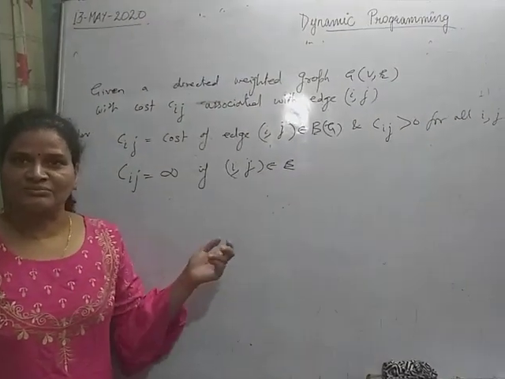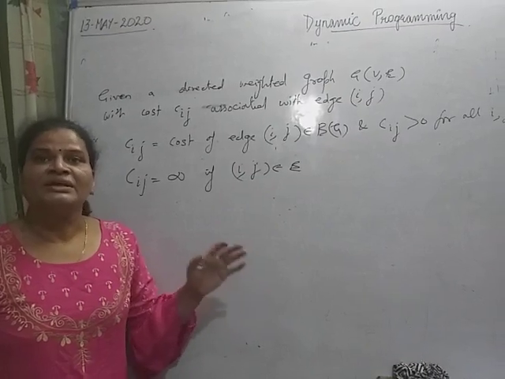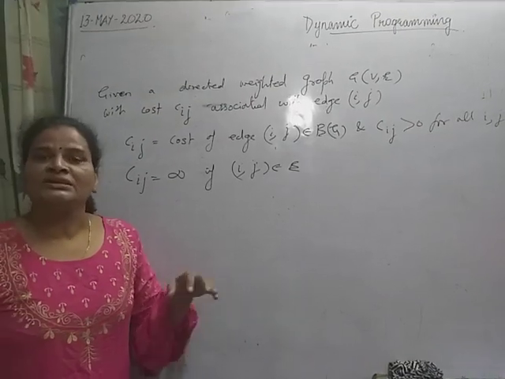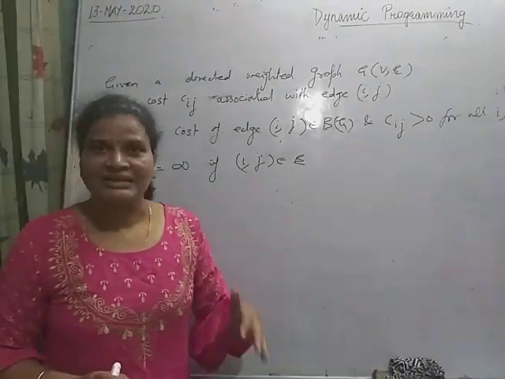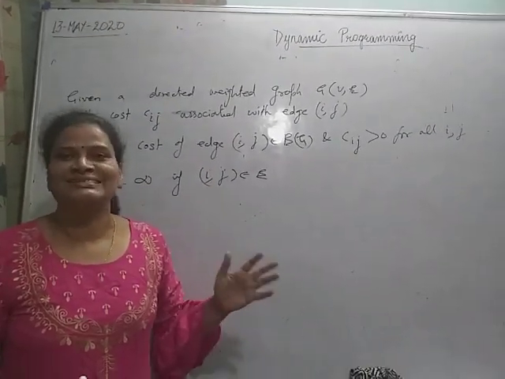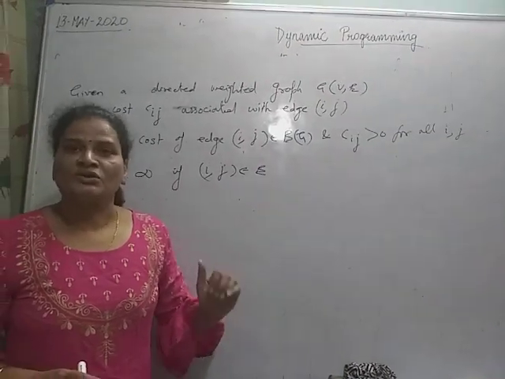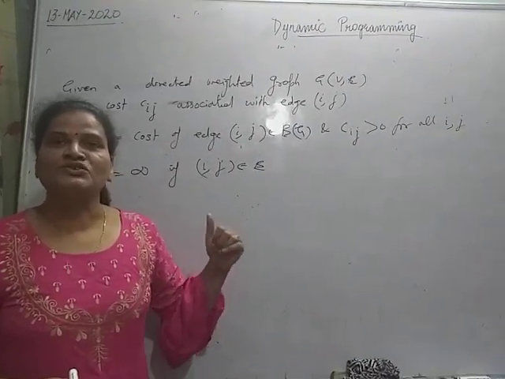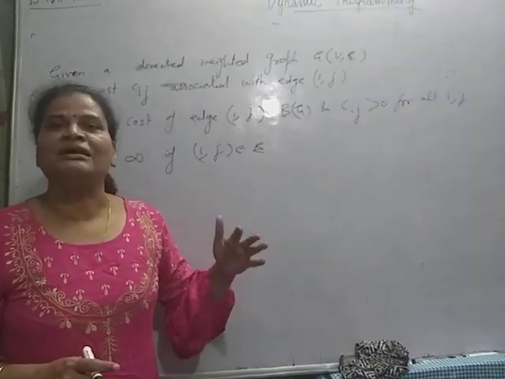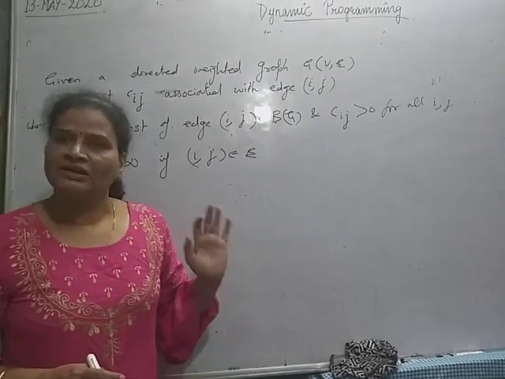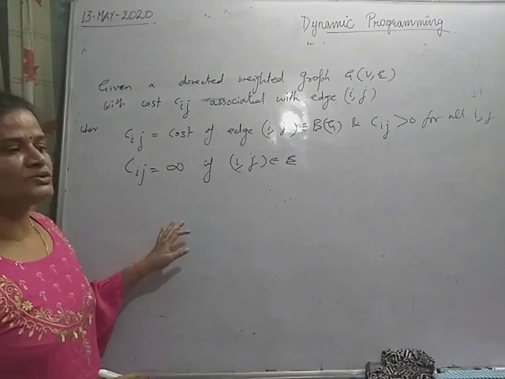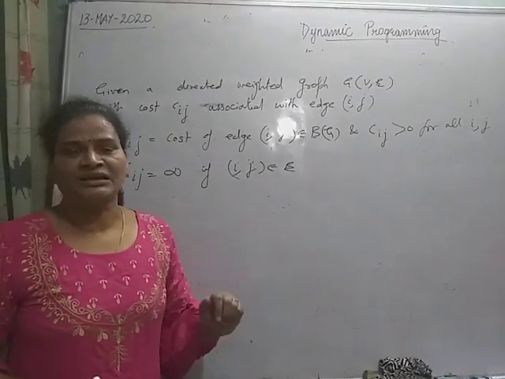So what is the traveling salesman problem? It is to find the tour of minimum cost. What is a tour? We can consider a tour as a simple path that starts and ends at the same vertex and visits all the vertices exactly once. The cost of the tour is defined as the sum of the costs of the edges in the tour. Now I will solve this problem to find the tour of minimum cost using dynamic programming.